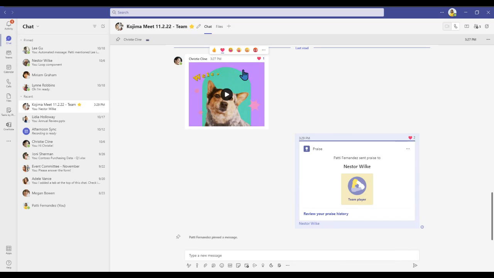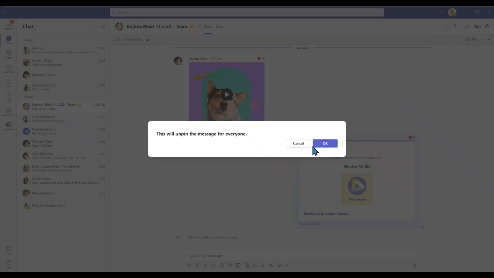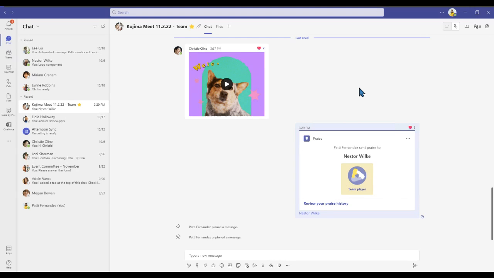Now, I pinned this message that Christy has just sent us, so it's now appearing here at the top of our conversation window. Remember, we are only able to pin one message at a time. If you want to replace this message, we have the ellipses to the right, and we can select unpin